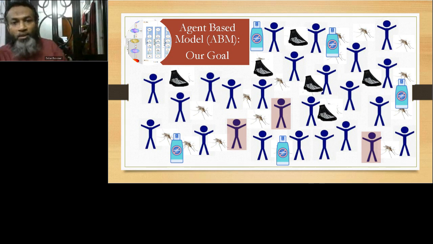So with this particular goal in our mind, we want to start working on an agent-based model to capture this particular phenomena. So again, in short, we want to get the life cycle of the mosquito and get the environment ready so that our model can capture the correct scenario status quo, that is, there are human population, mosquito population, mosquitoes are biting human, and they are spreading malaria within the human population. And then we want to put the interventions so we can have an idea about which intervention is providing us the right results from our point of view. Okay, so if we proceed,